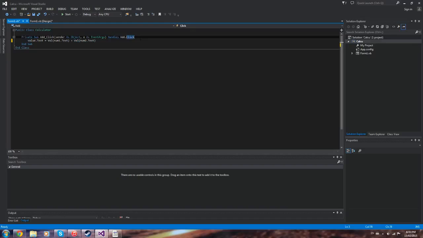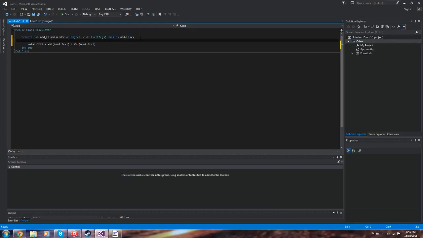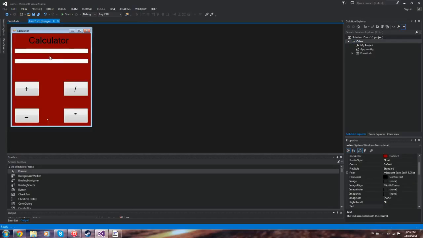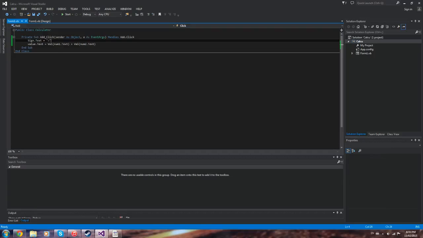Then we'll have to do one more thing. We will do sign dot text. Let's make it equal to a plus. Okay. So the sign dot text is going to be this sign right here, the label we did. We're going to change the text to a plus sign because we were adding, so it's going to say number plus number. That's just for looks, and it's helpful for the person using your program to actually read it, see